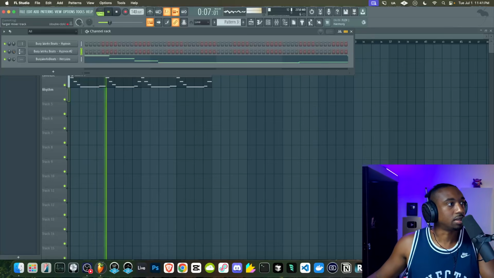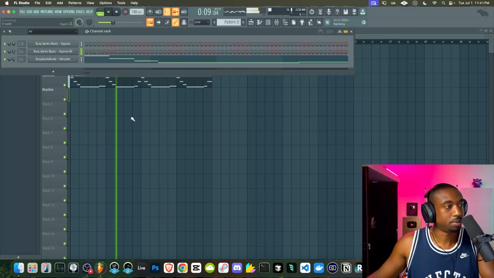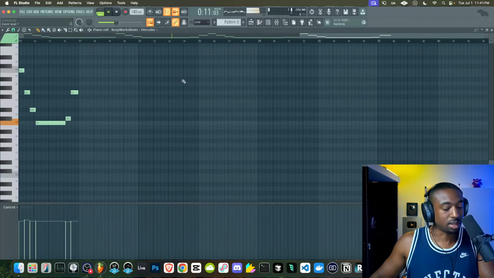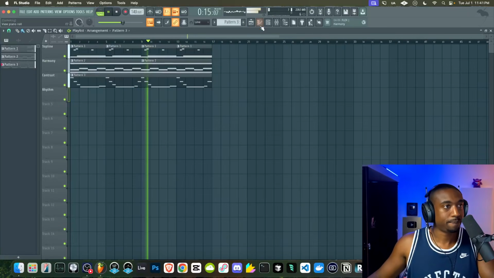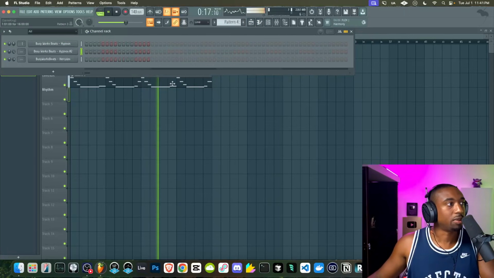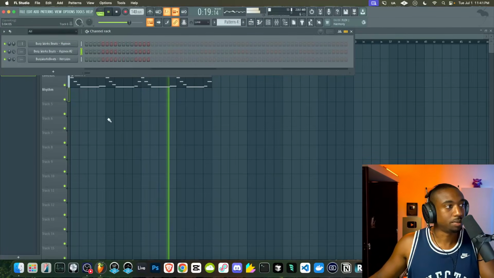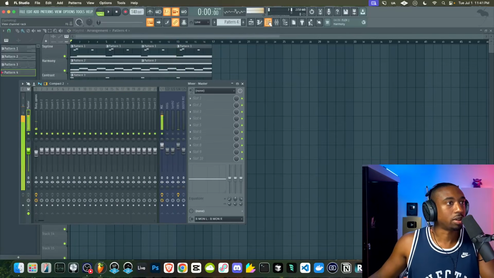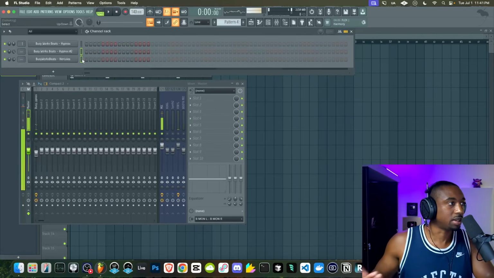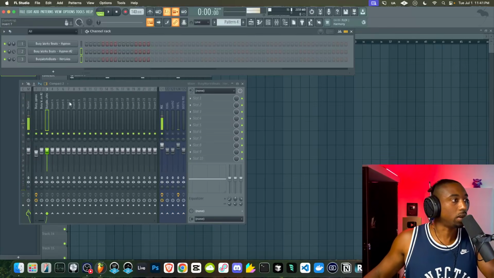Let's start leveling the sounds here. Let's quantize the bass. Alt Q. Now we have all the elements. We just need rhythm. Now the sounds already sound designed to be good because I used my ear while I was sound designing. Let's hit Control L, send these to the mixer.